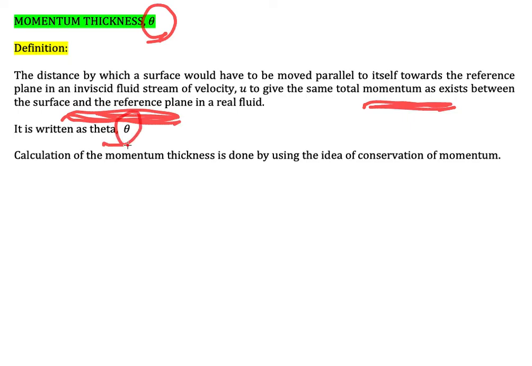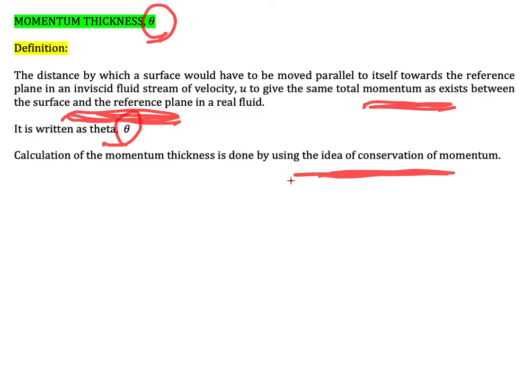So the calculation of momentum thickness is done by using the idea of conservation of momentum. So the idea is simple. First, we create an equation to make sure that the conservation of mass is satisfied, and then we must do something to make sure that the momentum is conserved. So if you see, the trend is the same. In chapters 1 to 3, we went through the continuity, and then we learned about the momentum with the idea of Navier-Stokes. And then in boundary layer,